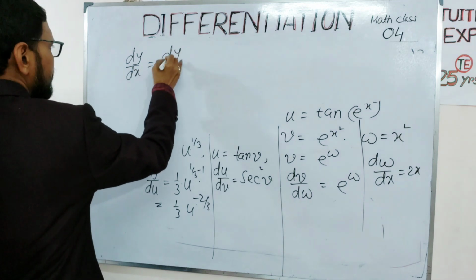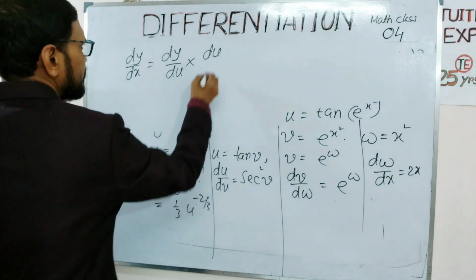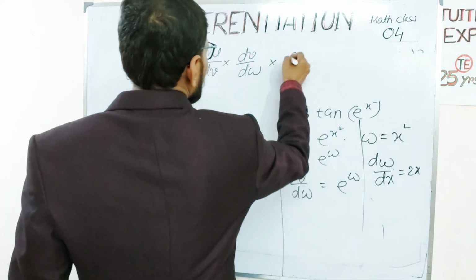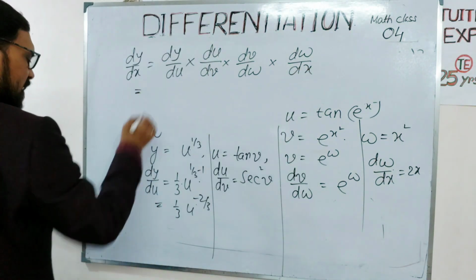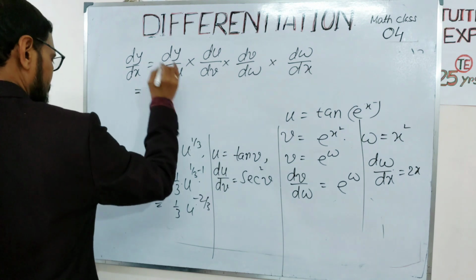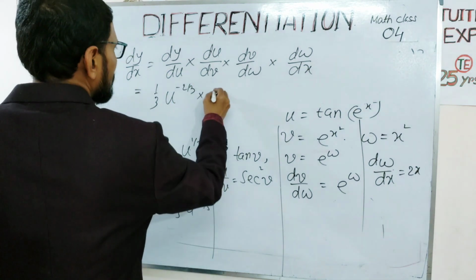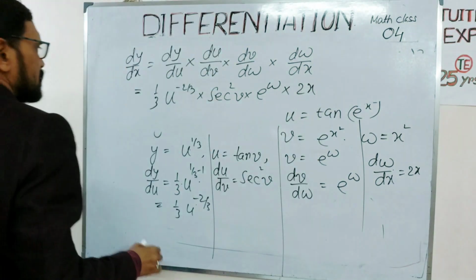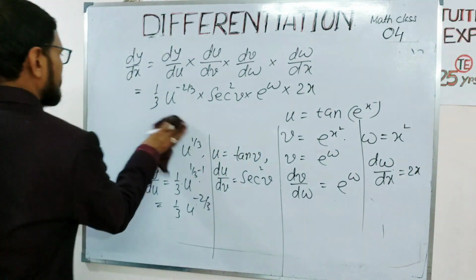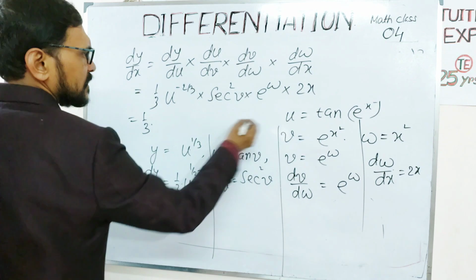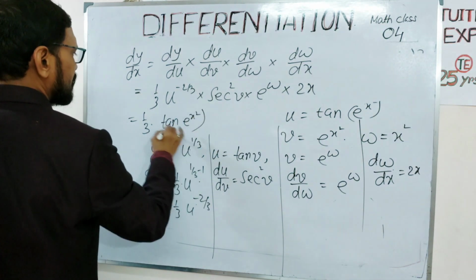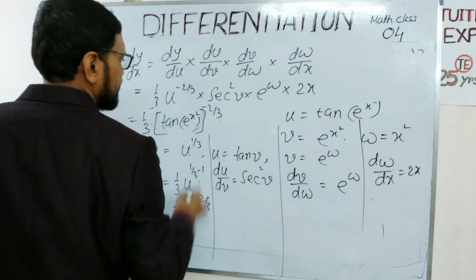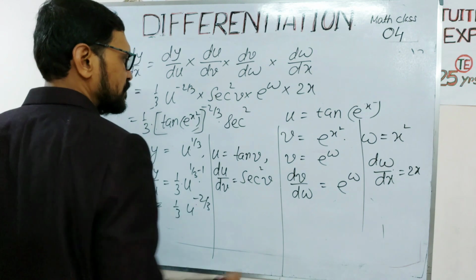So dy by dx equal to dy by du into du by dv into dv by dw into dw by dx. So put here dy by du equal to 1/3 u to the power minus 2 by 3, du by dv equal to sec square v, dv by dw equal to e to the power w, dw by dx equal to 2x. So just put here u equal to what, tan to the power x square, whole to the power minus 2 by 3 into sec square v. What is v? v equal to e to the power x square,